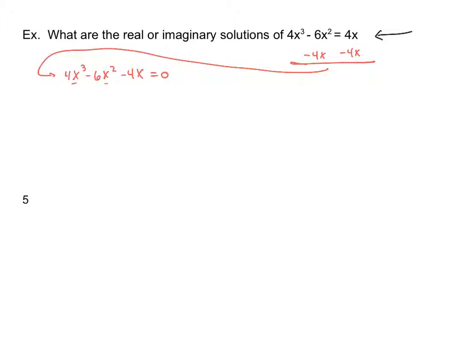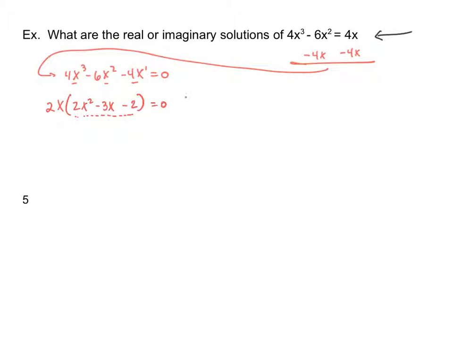Hopefully you guys recognize there is a greatest common factor, and we have a greatest number and a greatest variable in common. The variable is going to be x, and 2 is going to be my other greatest common factor. Factoring those out, I should have 2x squared minus 3x minus 2 is what is left behind. And I'm not 100% sure yet if there's anything that can be done here for factoring this